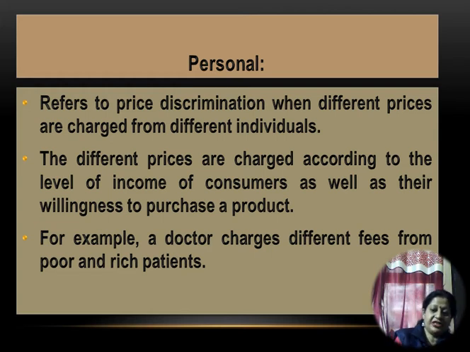Why? Because the fee structure is entirely different for different categories of patients. Suppose a patient belongs to below the poverty line, then he is not going to charge a single penny from that customer. If the person is from the middle class, then he can charge that much amount that he can easily pay. And if the person belongs to a very high class society, then he can charge high fees. So that means when a doctor is charging different fees from poor and rich patients on the basis of his personal contacts, then that is known as price discrimination. And which type? It is personal price discrimination.